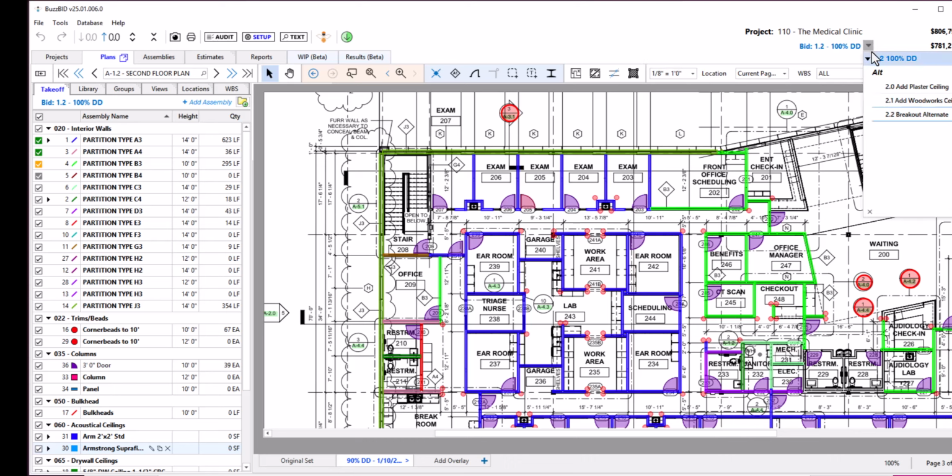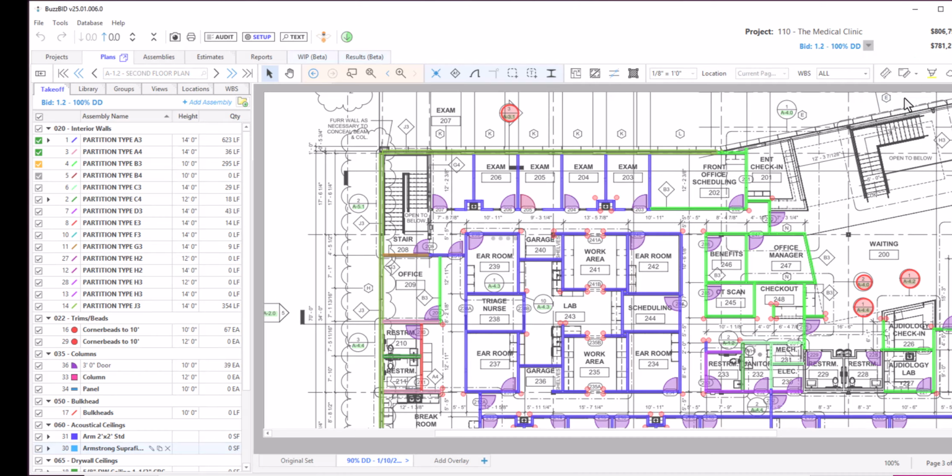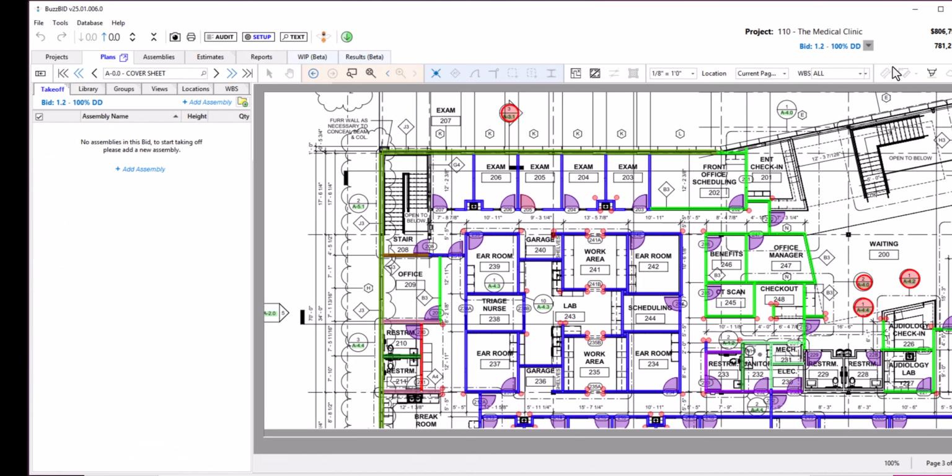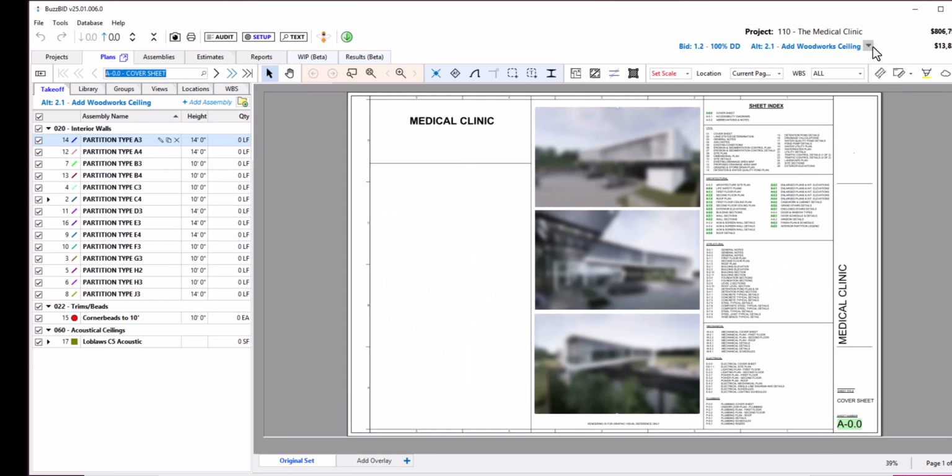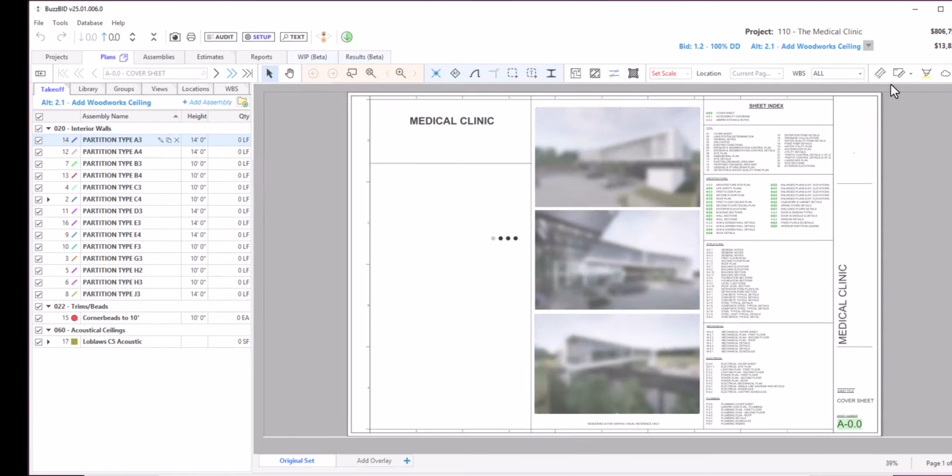alternates, and change orders. Here you can see the active bid 1.2 is currently being viewed because it is highlighted in a blue color. You can change the bid view by selecting one of the alternates, like this. Now our Alt 2.0 is the current bid view, and the Plans tab will display all takeoff created with this alternate. Please note that the current bid or alternate is shown in blue and displays here and at the top